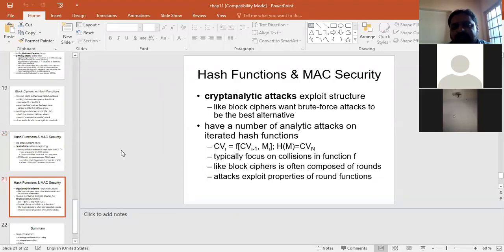We apply different integrity methods like hash functions and message authentication code. So these different methods can be applied to maintain the integrity of the data. So in this way, we can have some algorithms, for example,